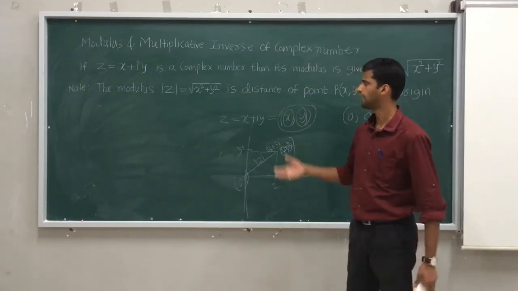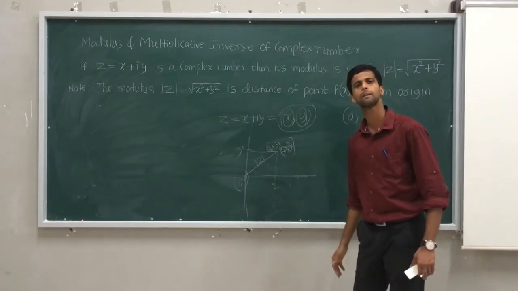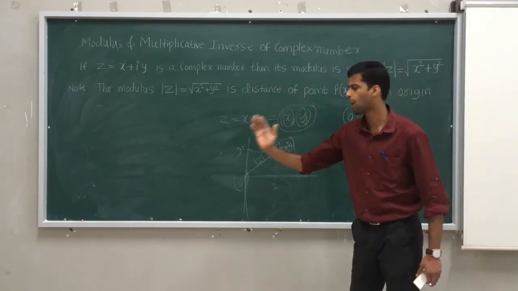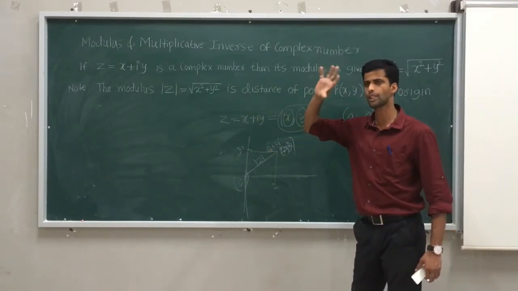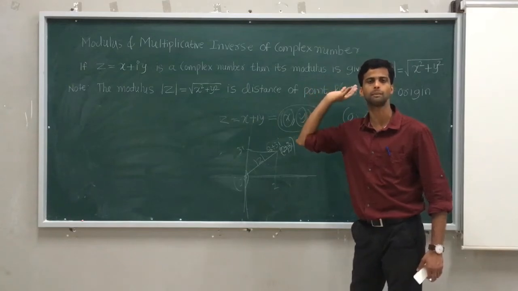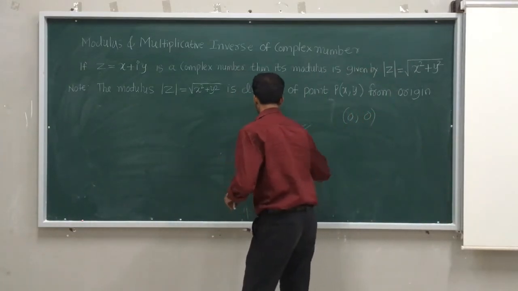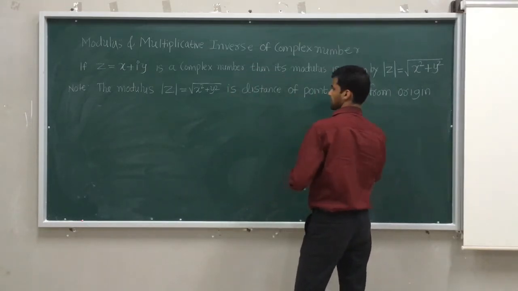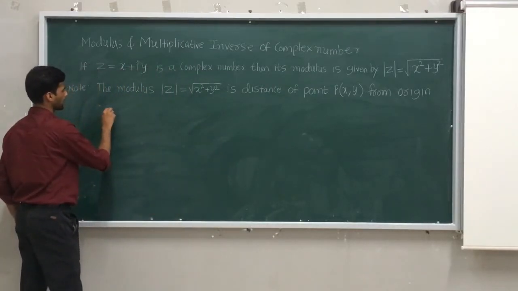And how to find it? It is nothing but the square root of real part square plus imaginary part square. In x plus iy, x is the real part, y is the imaginary part. Don't take iy as the imaginary part. i is the notation iota to represent a complex number. So that thing is most important. Now I will discuss a few properties based on this modulus. But before this, I want to tell a few examples to make it clear.